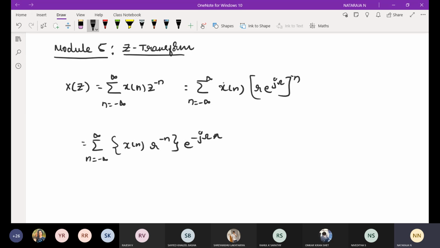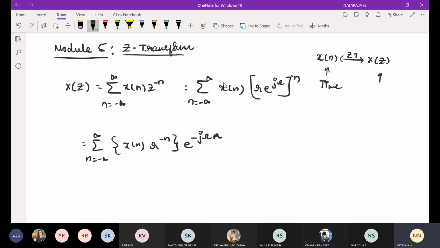What exactly is the meaning of transformation? We convert one form of signal to another form of signal. For example, in a problem they will give x of n, and the Z transform of x of n is X of z. This is in terms of a time domain equation.